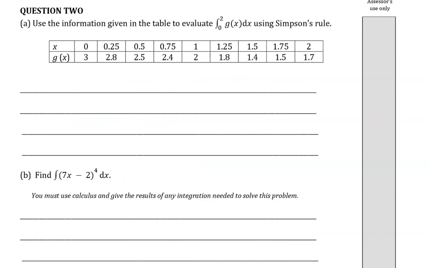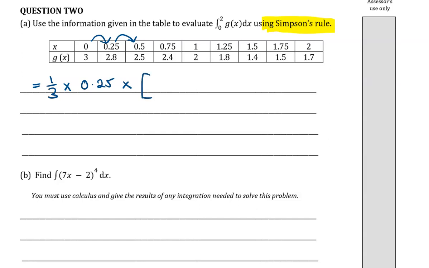Alright, for question 2a, you reach for your formula sheet and plug it into the Simpson's rule formula. So that is a third multiplied by the height, for which you can either do 2 minus 0 and divide it by how many spaces you have in between, or you can simply see these are going up in 0.25, so that's your height, 0.25. And then we have